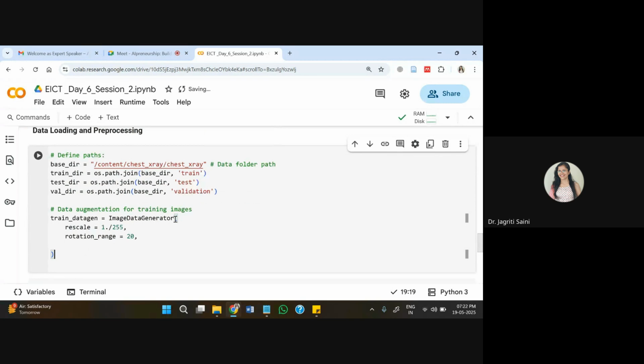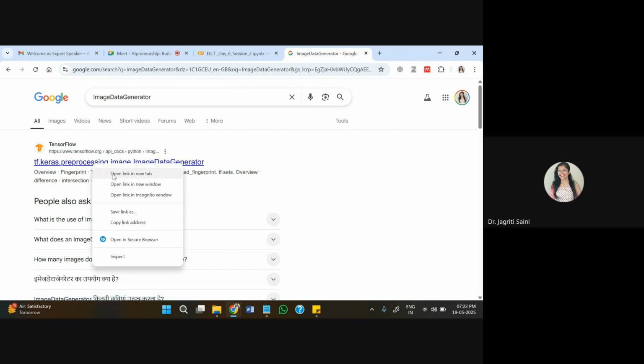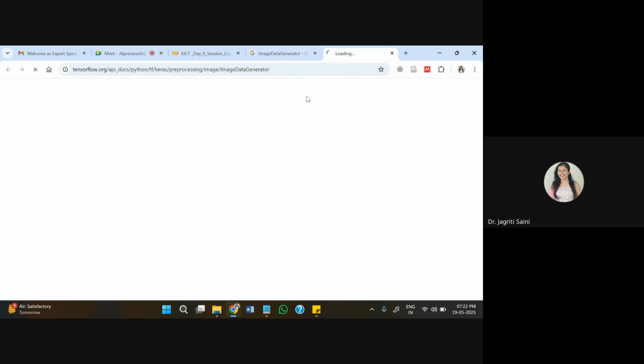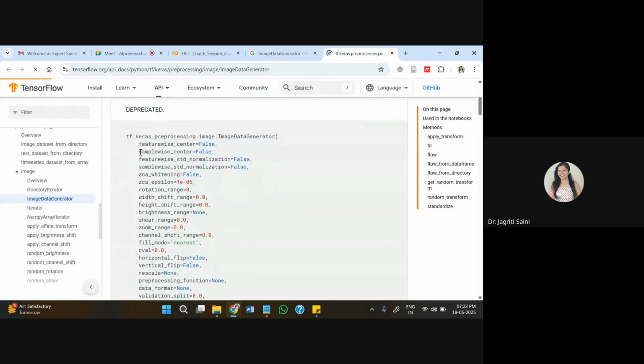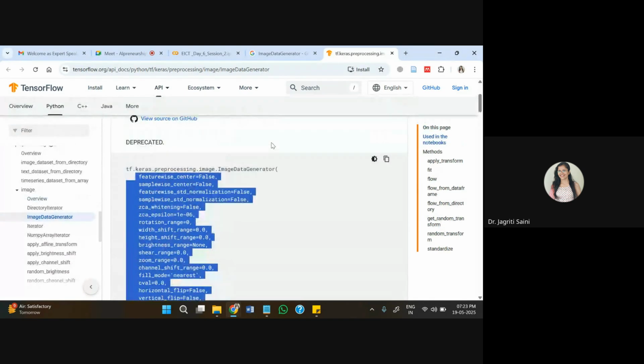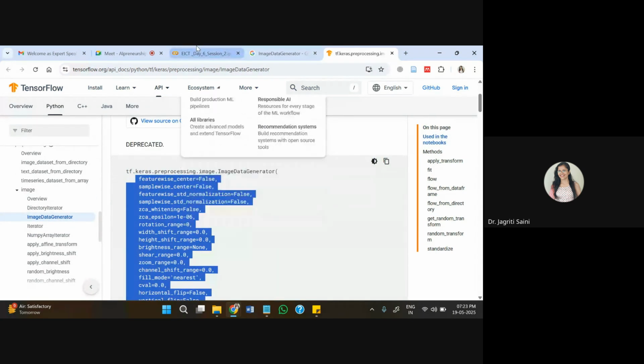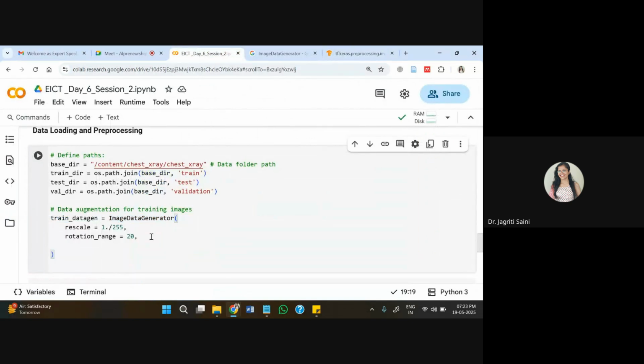If anyone is interested to know what it contains, you can always go to the official documentation. This is from TensorFlow itself, and we have loaded it from TensorFlow. Inside this, there are plenty of options that you can deploy while creating a new version of data for the training process. Out of this, I'm just using a few options, not all of them, just as a sample.